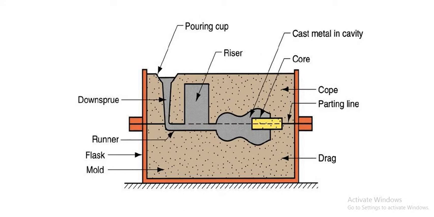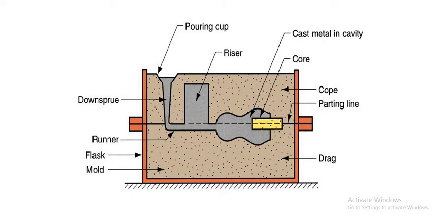So already in the last class we have described what casting is, what the different steps in casting are, its advantages and limitations, along with the applications of casting. I have also described what a mold is and its other parts, but we still have to know them along with a diagram. So this is a diagram where we can define the different terminologies of casting.